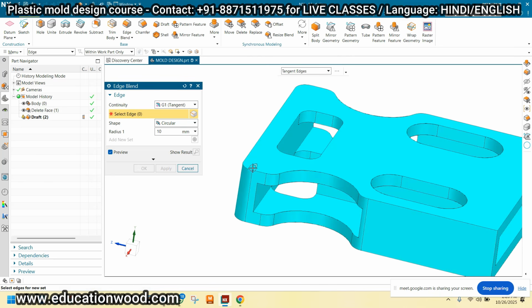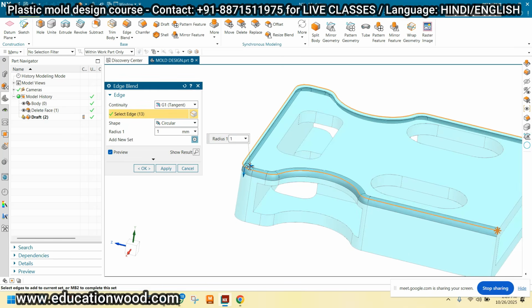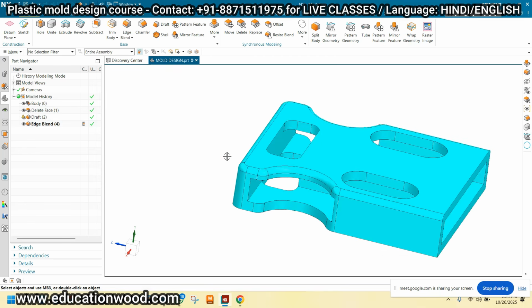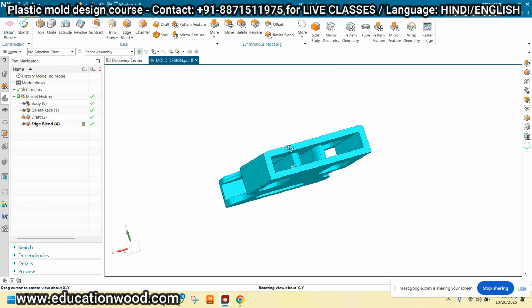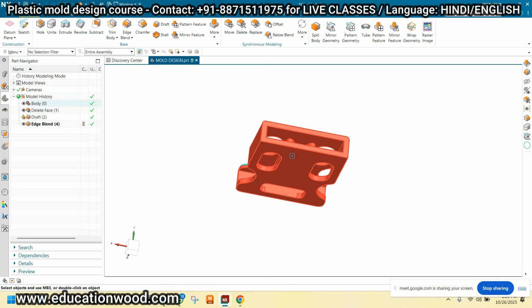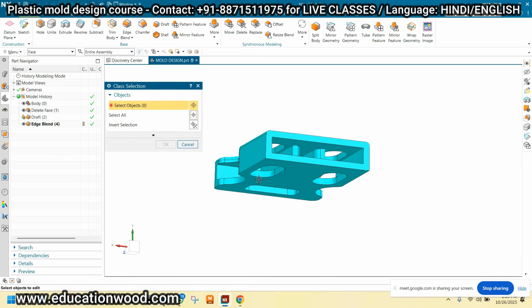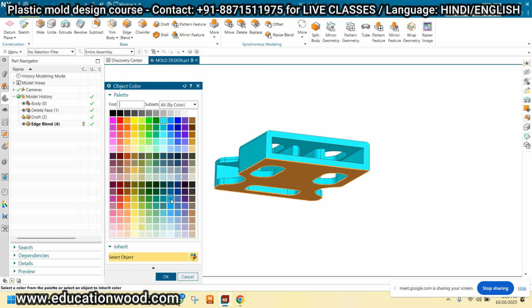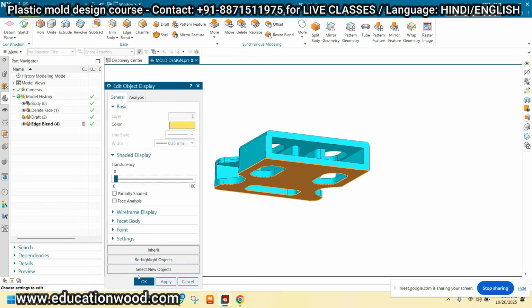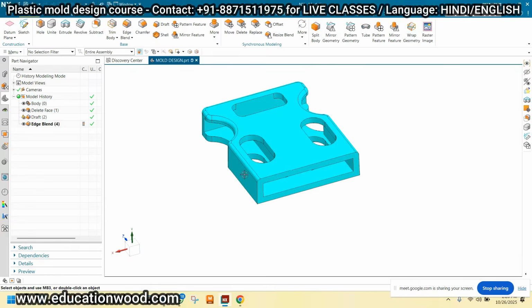Okay. So now see, just take the tangent face and I am providing some radius. So can we provide a 1 mm radius? Yes, we can provide the 1 mm radius, minimum radius, right? Like this. See, this is the 1 mm radius. And now this bottom face. I'm coloring this face for the highlight. See, this colored face is nothing but the core region right now, and this is the complete cavity.